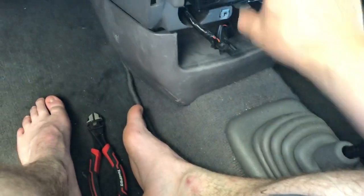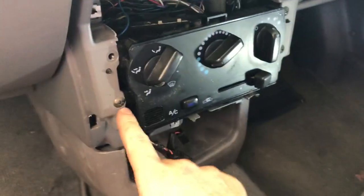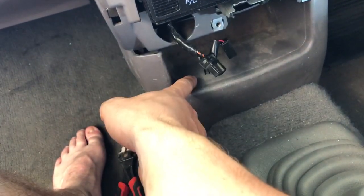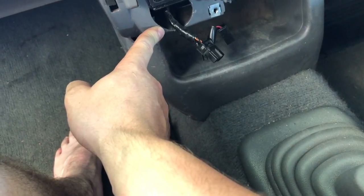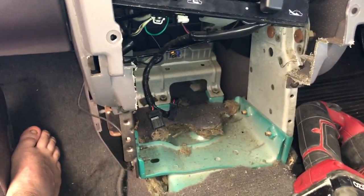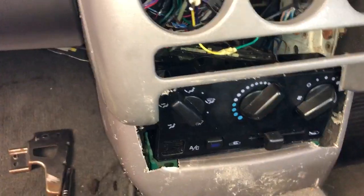So now I need to unscrew the heater unit and pass it through the back and see if I can get it underneath. I'm probably gonna have to start chopping plastic immediately though. And with that out, I now should be able to fit this through and mount it to the front. I managed to get this one down the bottom. At the moment,